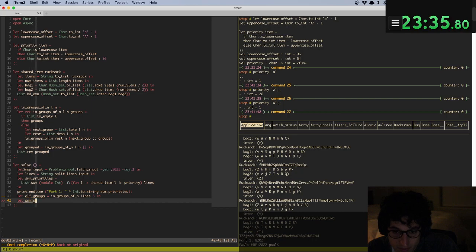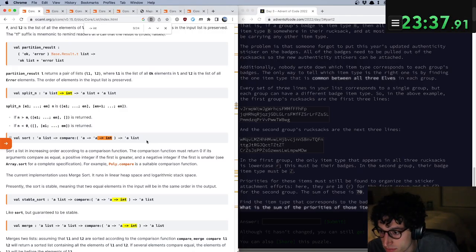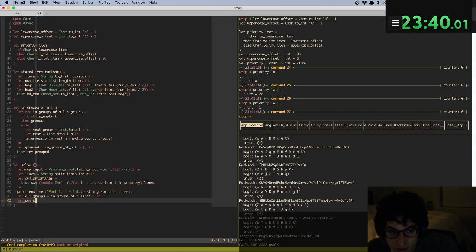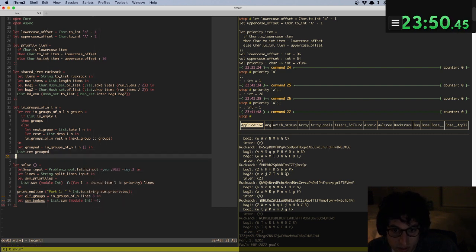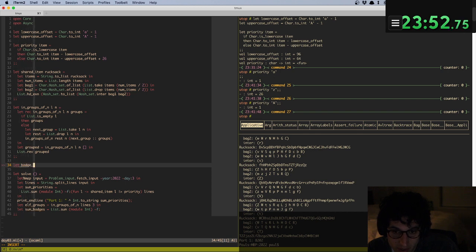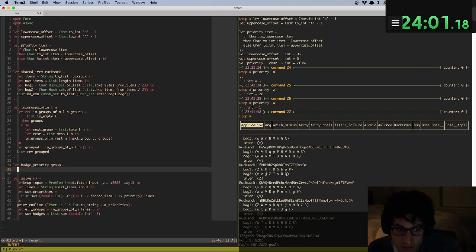Let some, what is it called? Badges equals list dot sum module int f equals let badge priority group equals